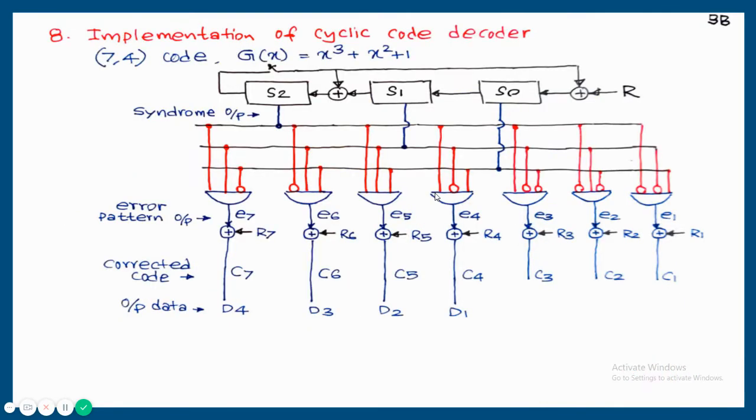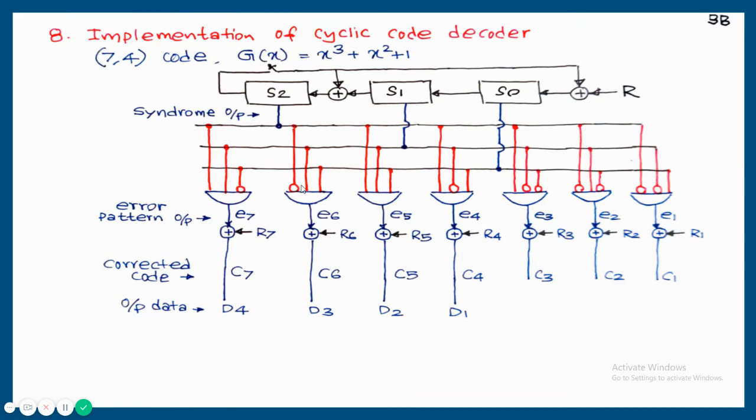This is a complete implementation of the decoder. The previous syndrome calculator I am showing here. And outputs are connected, that is syndrome bits are connected to 3 wires. Now I think all of you know this connection, exactly like our linear block code decoder. All these portions are the same. In the syndrome table, the first combination was 110. That is, it is 110. This is taking the complement 110.